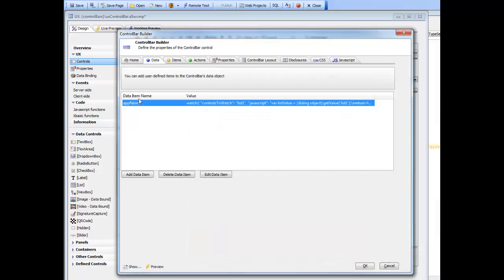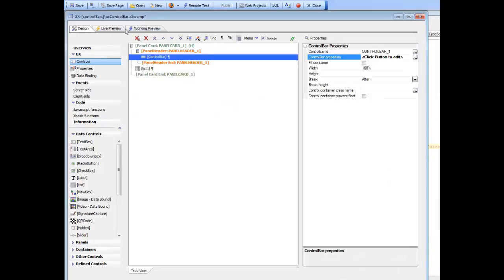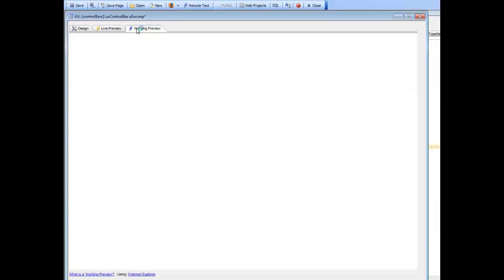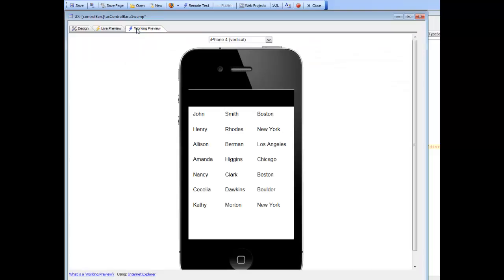So let's go ahead now and run it again. When we run it, you can see the watch event hasn't yet fired, and we left the initial value of the control blank, so there's nothing displayed over there. As soon as I click on a row, the value of the list 1 control changes, which in turn causes the watch event to fire, and the watch event sets the value of the data variable,